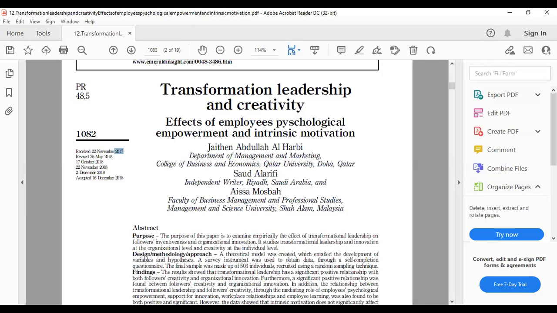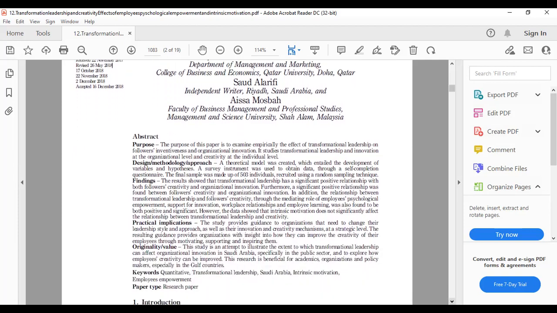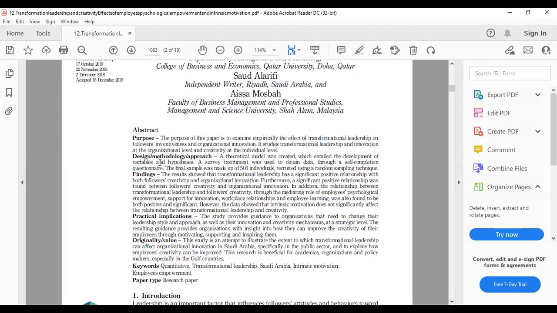Scanning means you go through and discuss it. The best part to scan the article is to read the abstract. This is a simple article with the easiest abstract, because they highlight all these things in bold or italic size, right? And here you can see the effect: what is the study purpose, its method and methodology, what are the findings of this study, how do we practically implement the results, and the original value.